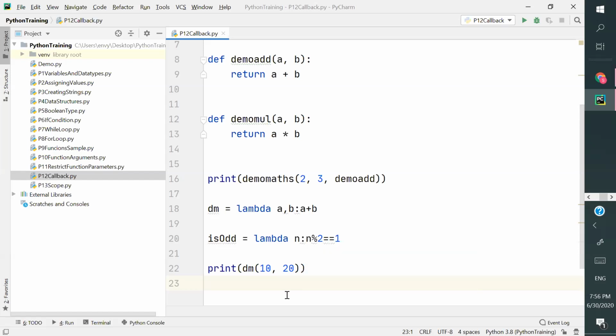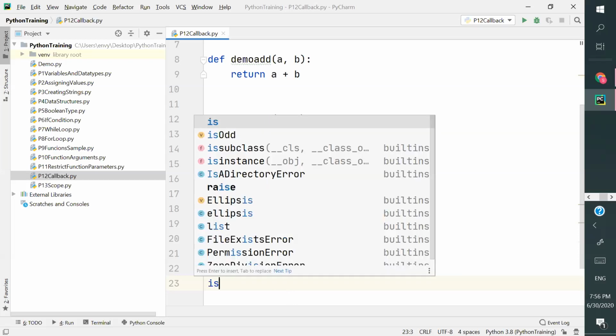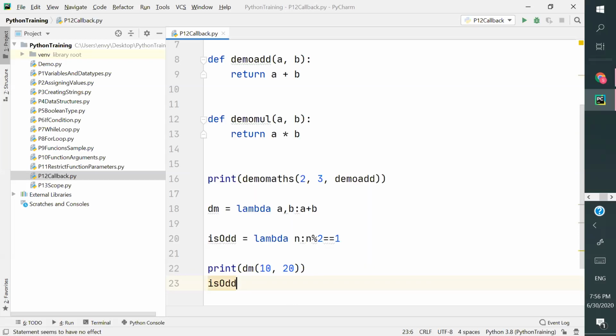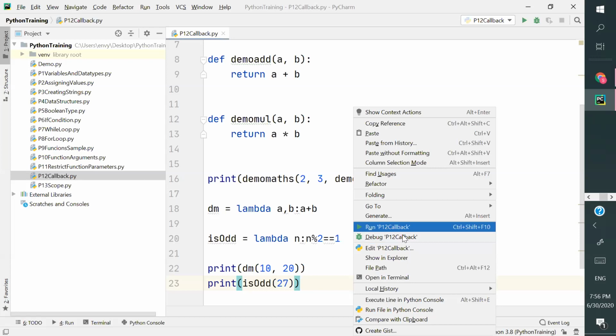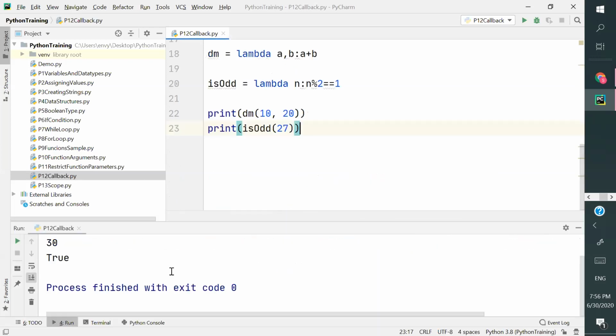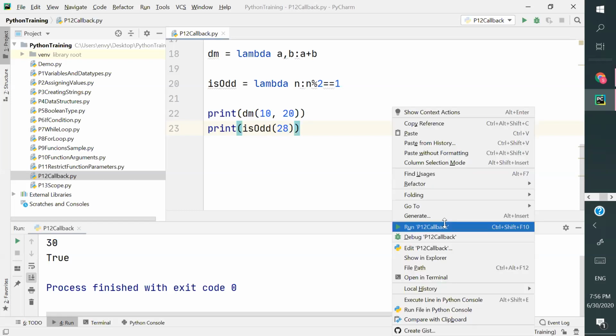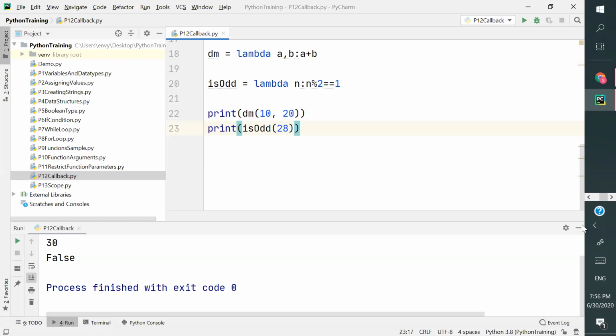So I'm using is odd, and I want to see whether 27 is an odd number or not. Print. It should give us true or false. Let us execute it. That's it. It is giving true. If I give 28, it should give false. So that's it. You got the answer.